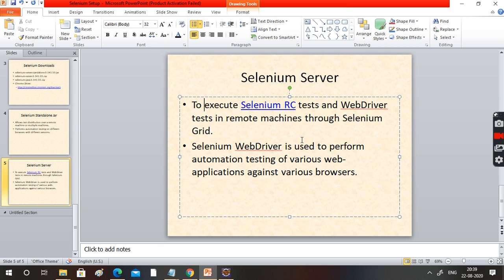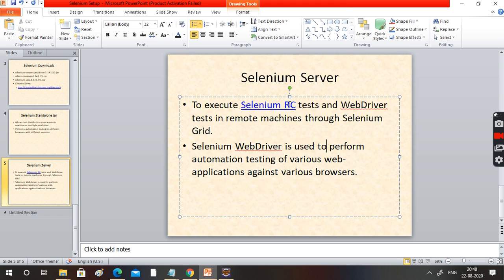It means the test cases which are developed with the help of Selenium RC and WebDriver. And if you want to execute Selenium RC and WebDriver test cases on a remote machine through Selenium Grid, then you need the Selenium server. Selenium WebDriver is used to perform automation testing on various web applications against various browsers. That we know, that is the normal story.